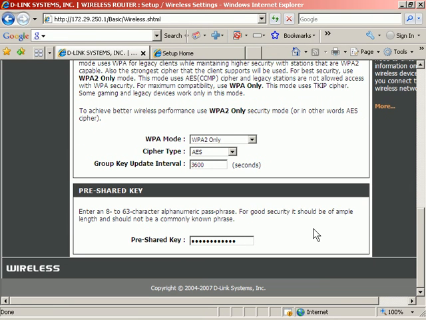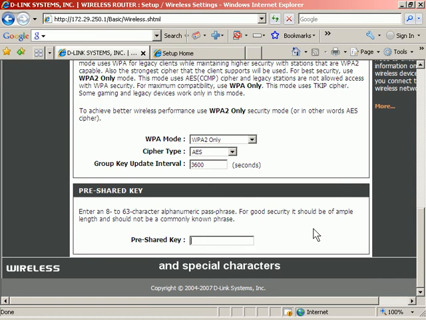And then finally we have to put in a pre-shared key, which is also known as a passphrase. On some routers this is set up as a 64 character hexadecimal code, but on a lot of routers it's 8 to 63 characters. Now the best way to do this is to have 12 to 14 characters, 14 being optimal. This will give you a strong password. Then you want it to be alphanumeric and case sensitive. There should be some capital letters in there and some special characters. That'll give you the best possible